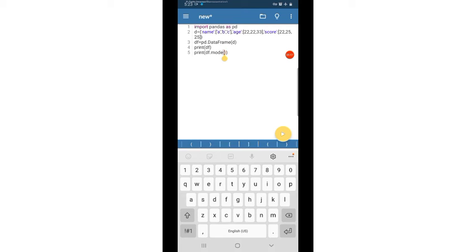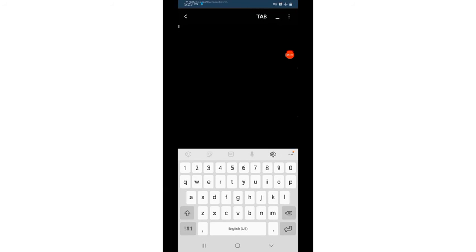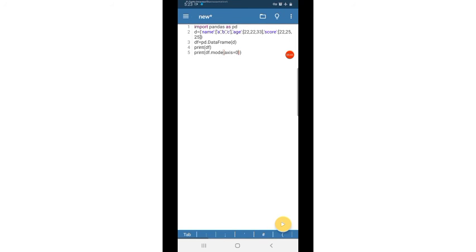Now if we write here axis equal to 0, the same output is obtained. Mode is calculated along the columns. So the mode of the name column is calculated, the mode of the age column is calculated, and the mode of the score column is calculated.